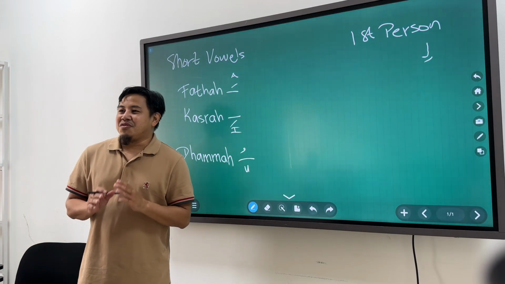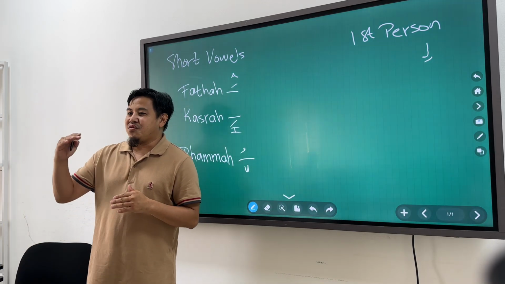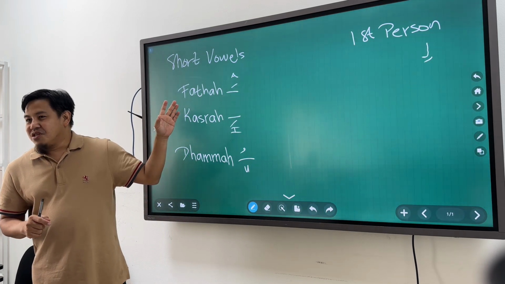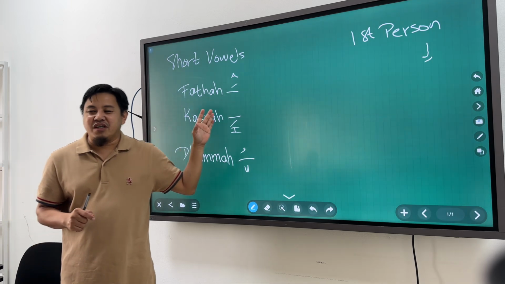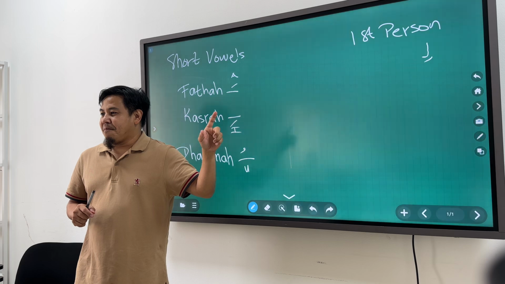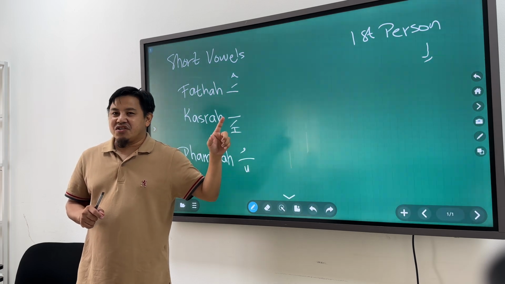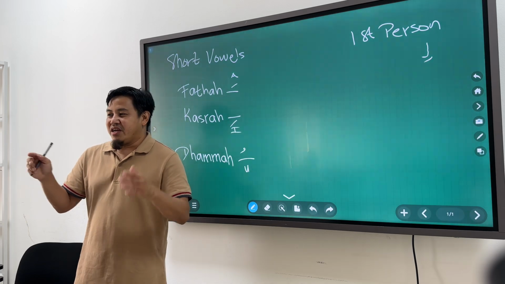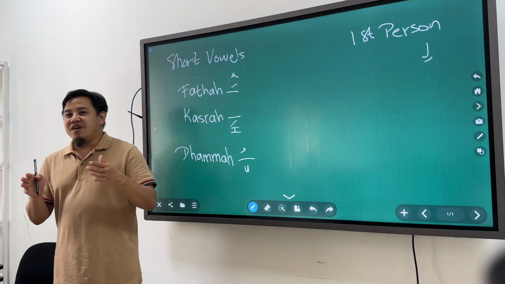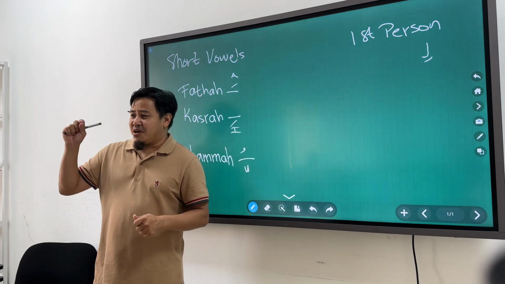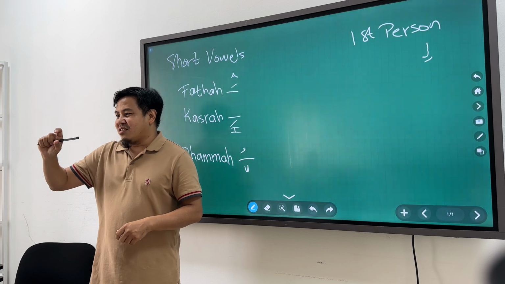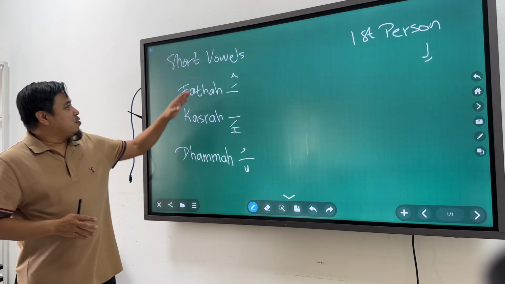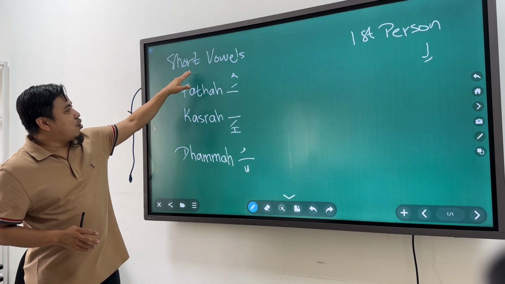So welcome. Now, inshallah, I'm going to give you the explanation of the short vowels in Arabic. In Arabic, we also have what we call vowels, similar to English. But in English, we only have the letters A, E, I, O, and U. In Arabic, we have two types of vowels that we call short vowels and long vowels. The first group of vowels is the short vowels.